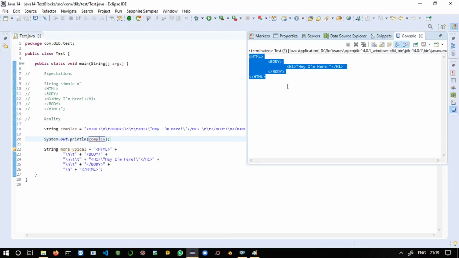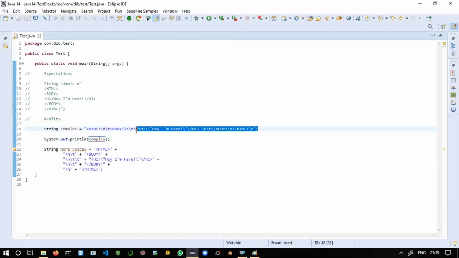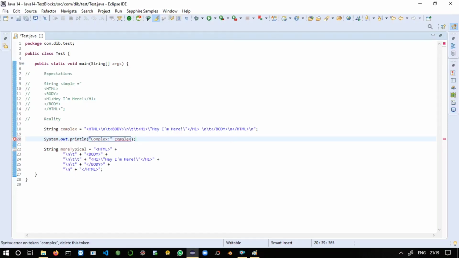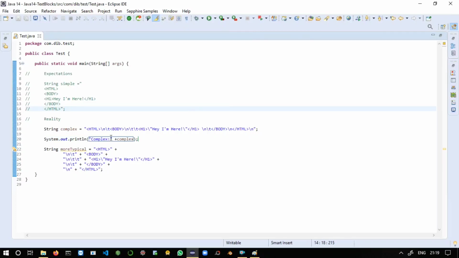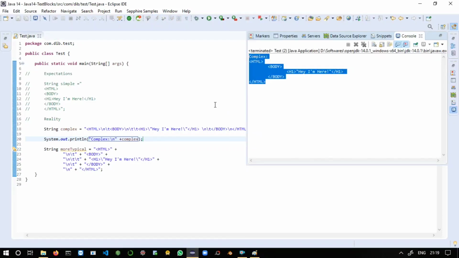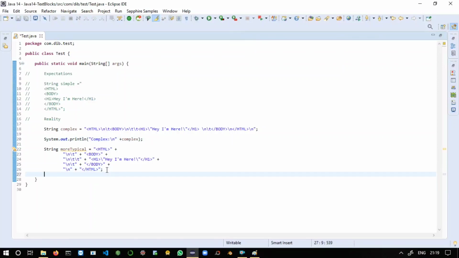But one thing you have to notice is how much complexity there is in this one line of code. Just change the message here, say it as a complex message within a string, and just say here plus. Fine, this is all about our first approach. Let's move to the second approach, which is more typical than the first one. Yeah, it's coming nicely. Fine, so let's print this message also.